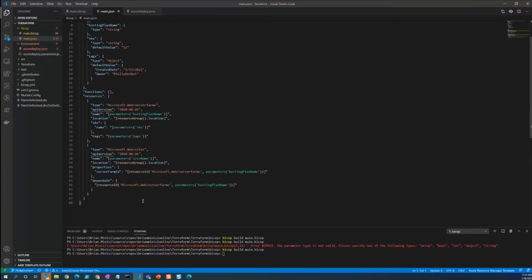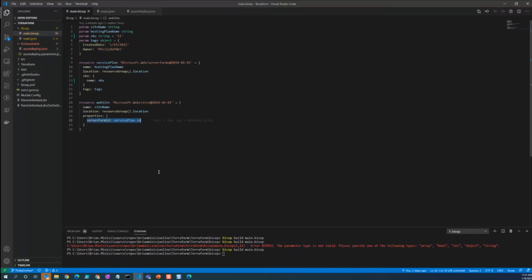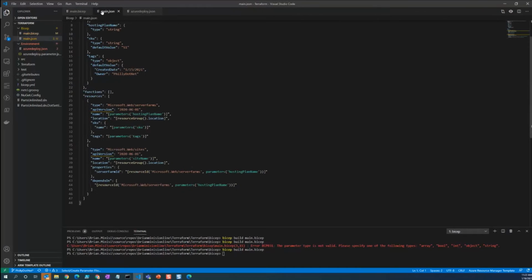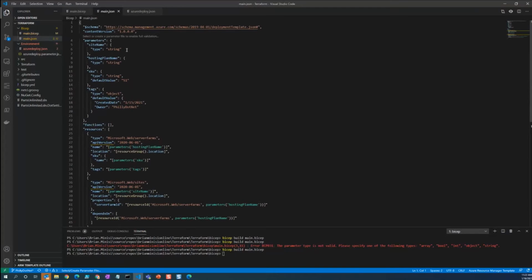What makes this great is that it abstracts a lot of these details that we would normally have to do through copy and pasting. So if we committed this, we could either run it in pipelines, or if we wanted to run it locally, we can use PowerShell or AZCLI to deploy our ARM template just like we would deploy any ARM template. Even though we create this main.bicep file, really we want to deploy the JSON file, or the ARM template that got created from it.